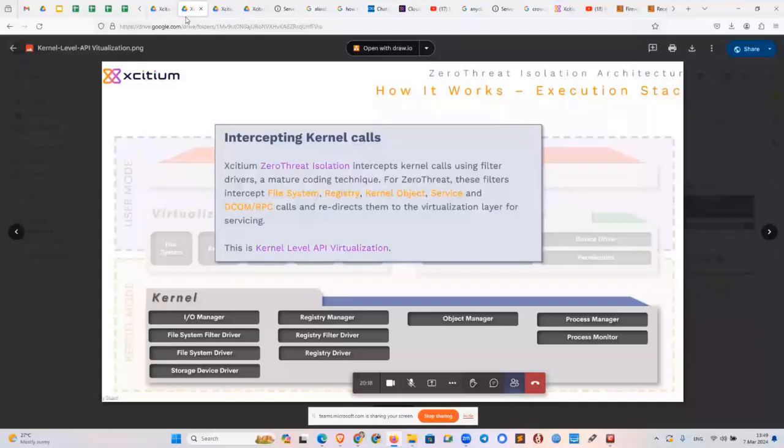And what happens is that everything that runs on your platform, whether it's a good file or a bad file or unknown, and that's where the risk comes from, they all need to go down to the kernel of the operating system. Why? Because they need access to critical resources. And that's why today we're bringing the level of security of your endpoint to the kernel. We intercept every call that goes down to the kernel requesting a critical resource, and if it comes from unknown, it gets isolated at the level of the kernel.